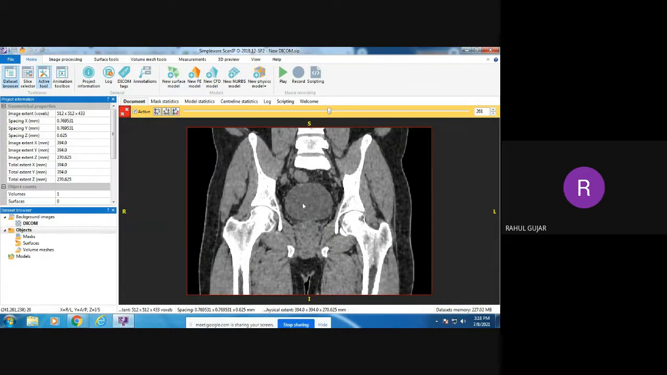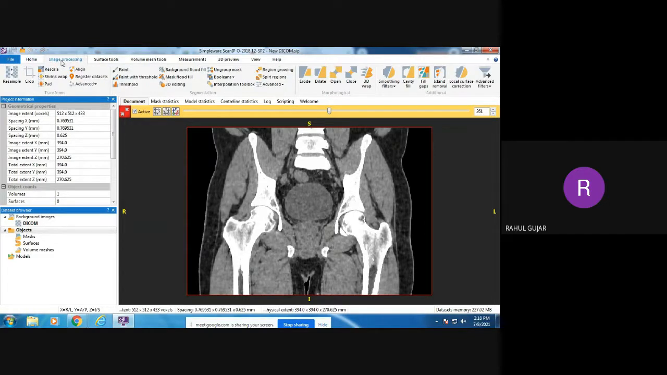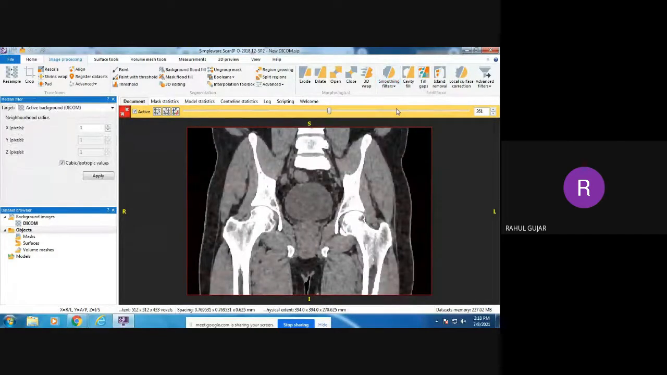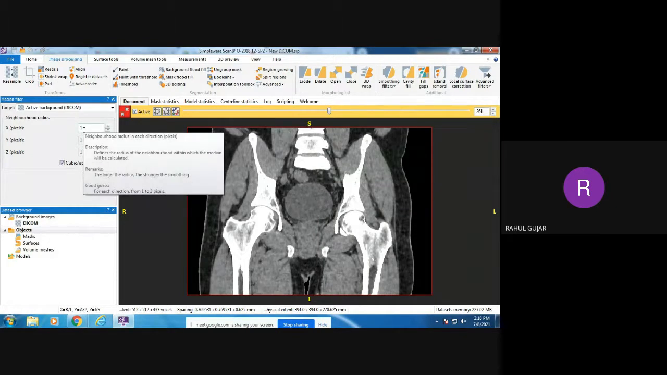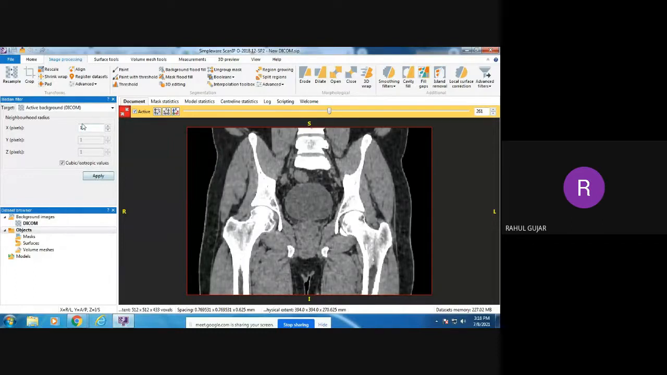So I'll try to reduce that noise. Therefore I'll click on image processing. In image processing, I'll go to the smoothing filter, and there I'll click on the median filter. Here in the median filter, the pixel values in the X, Y, and Z directions come automatically as 1, 1, 1. If you require a more accurate image, if the noise is very high, you can increase that value from 1 to 1.5 to 2.5 like this. But right now I feel this one is sufficient for the XYZ